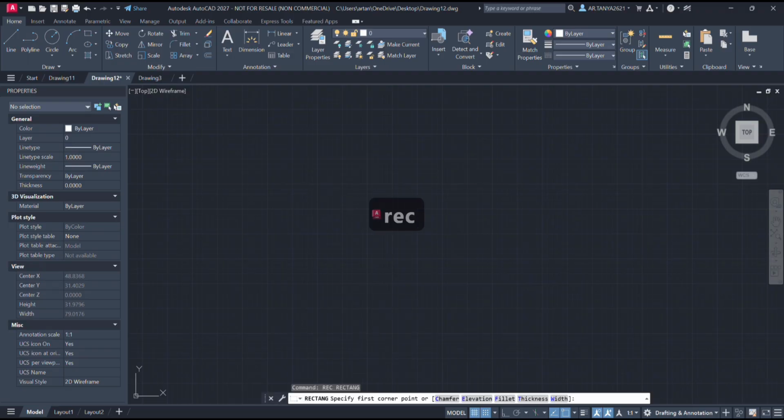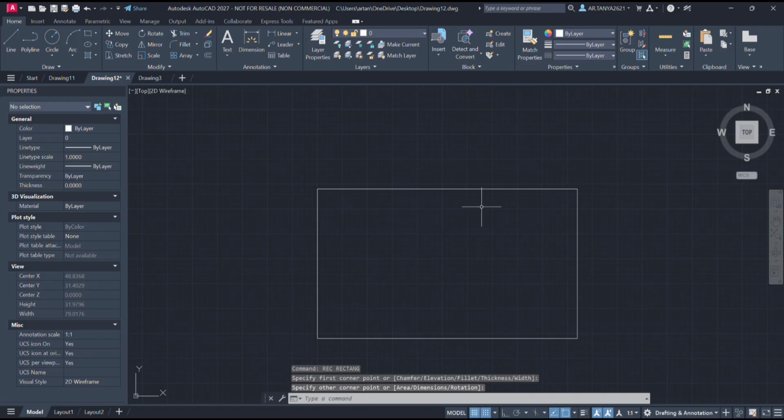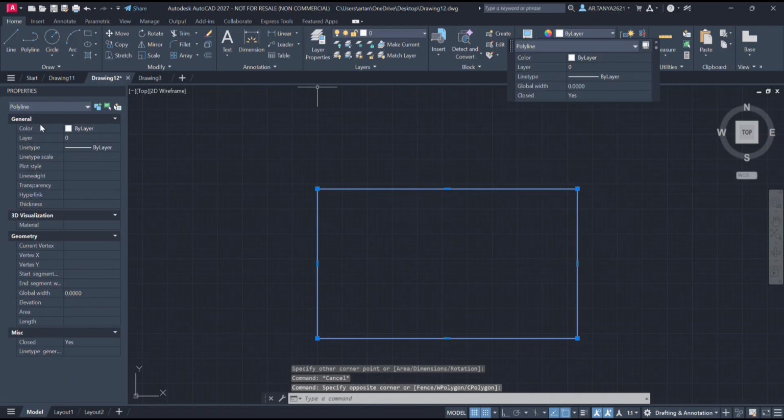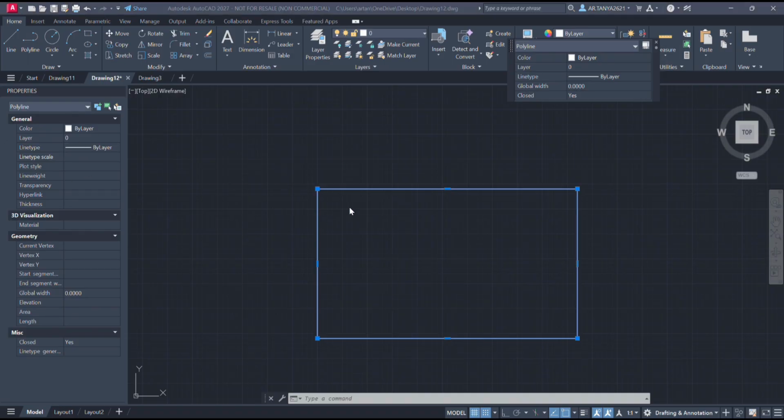Suppose I draw a rectangle. Now I'm selecting it. You can see the properties of this rectangle on this property palette. So the color is by layer, which is white, layer is 0, line type is by layer continuous, line type scale is not mentioned.